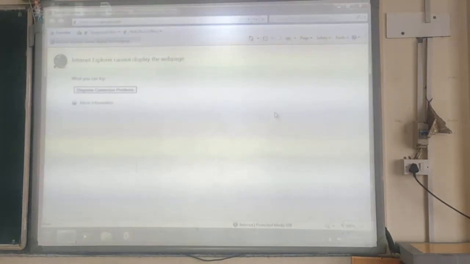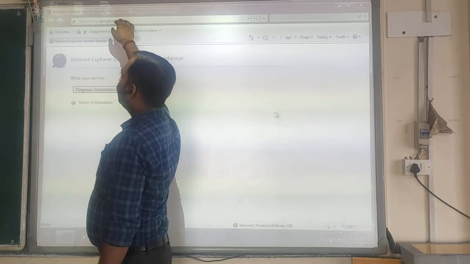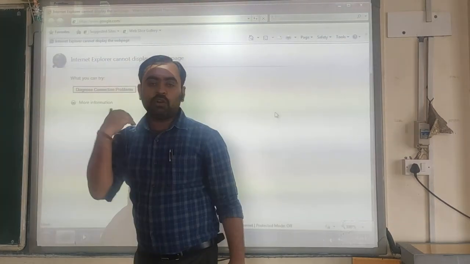Now the next one is the recent pages button. You can click on the recent pages button and it will show you the list of recently opened web pages.